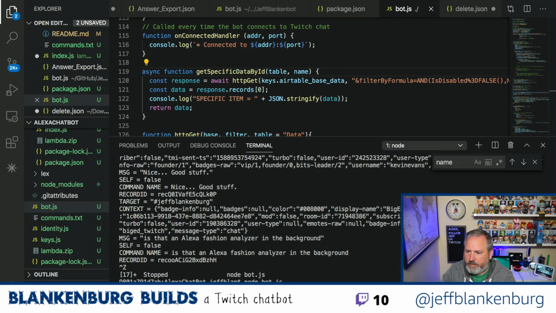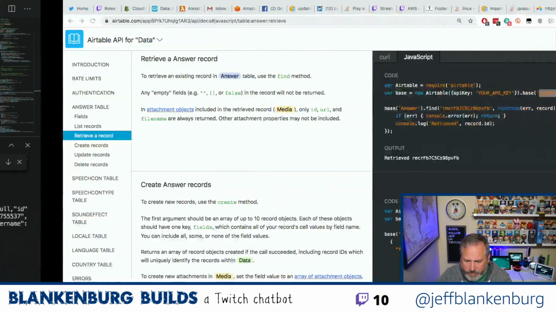For those that asked about the fashion analyzer, Big Ed, yeah, that's the Echo Look, which is one of the devices, but I have all of them. I have pretty much all the devices sitting here behind me. This is my little voice lab. So I've started my thing again.